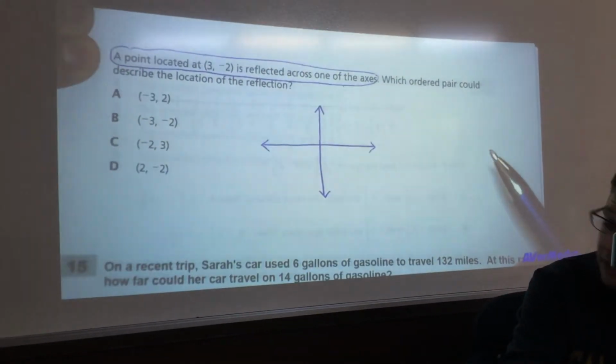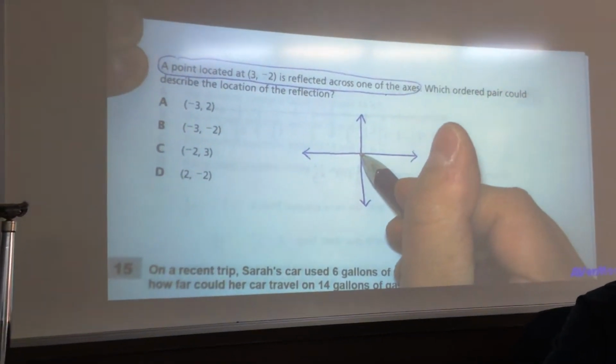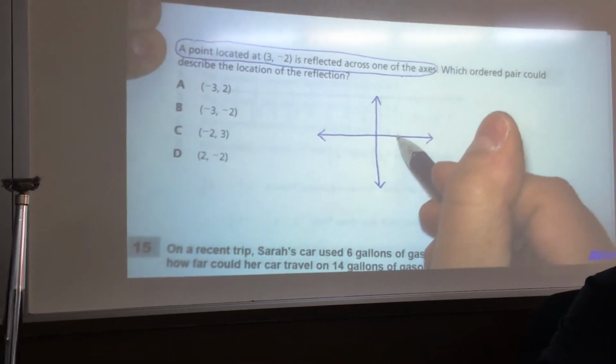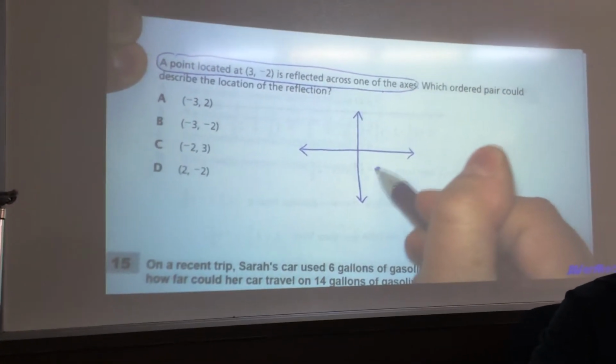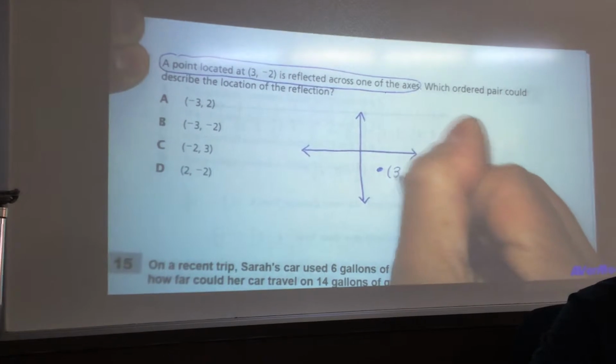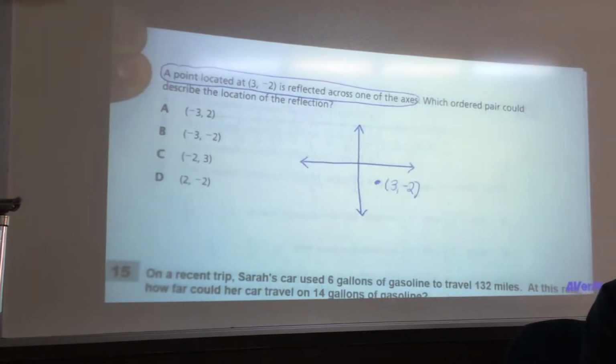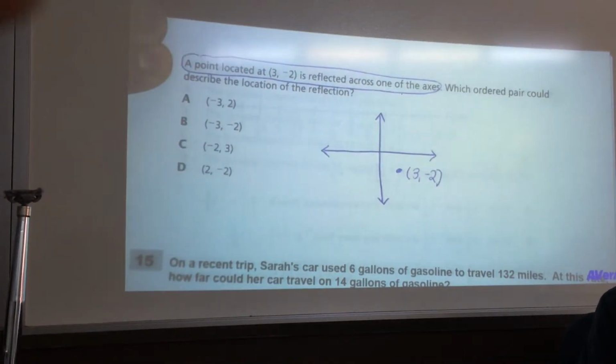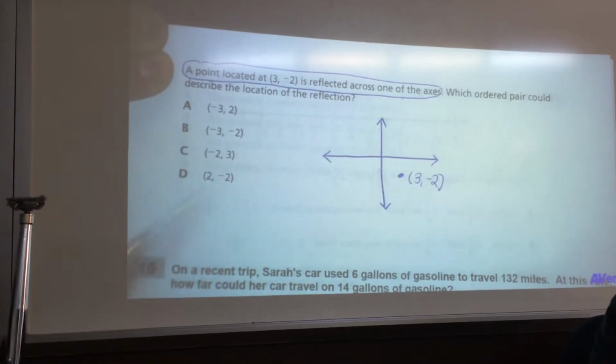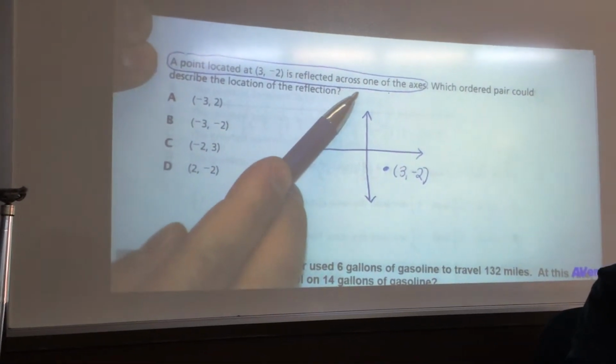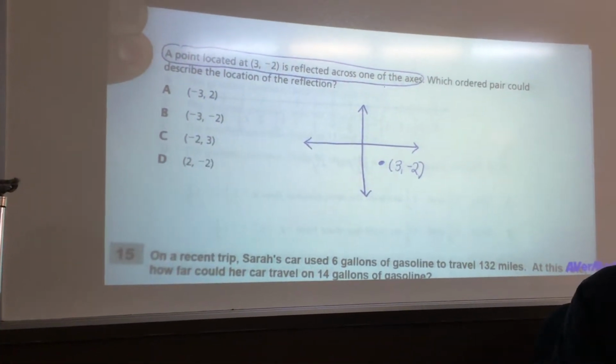And (3, -2), if I'm starting here, my x goes to 3, and I go to -2. So maybe it's like right there. I'll call that (3, -2). Okay, that part I feel like most people are going to be okay with. But the thing is, it says it's reflected across one of the axes, so it doesn't even tell you which